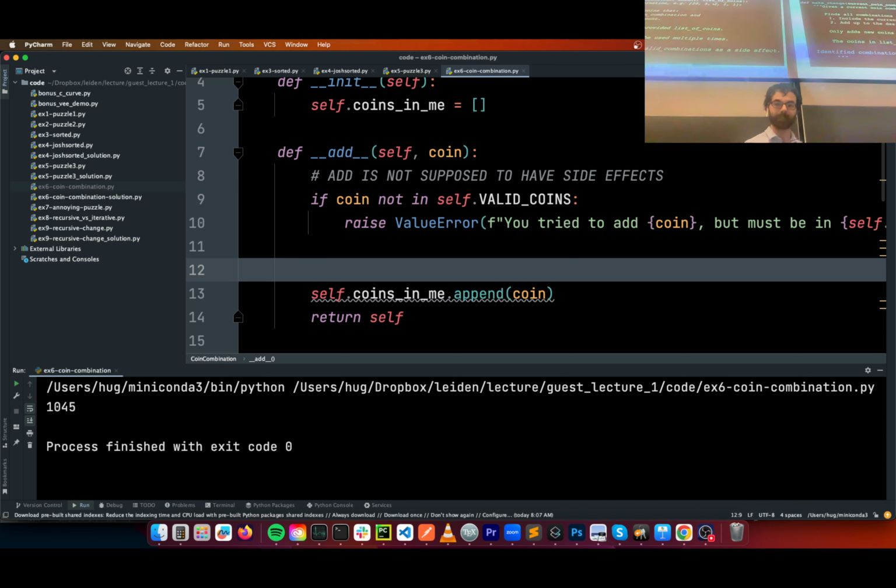And then the third parameter is it's only allowed to use the list of coins that are provided. Okay? And these coins could be used any number of times. So this list will be all possible European coins or whatever market you're in. And the identified combinations are going to be added to valid combinations as a side effect. So make change does not return anything. It's just going to add to this valid combinations variable.